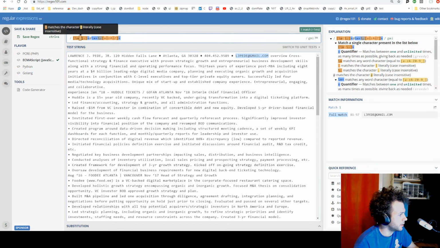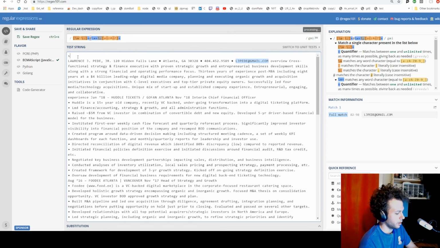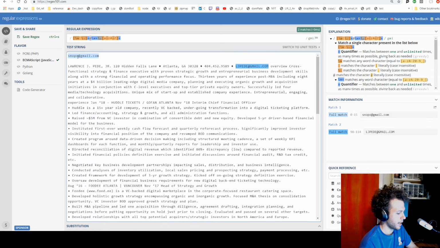So what this does is it looks for any word character, so a number or a letter or an underscore, which is what an email can include. It looks for that, or a period, because periods can also be in an email address. It looks for one or more of those before an @ symbol. And so the advantage of that is you get a match for that, you get a match for that,